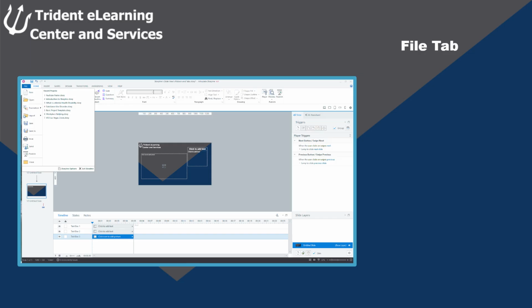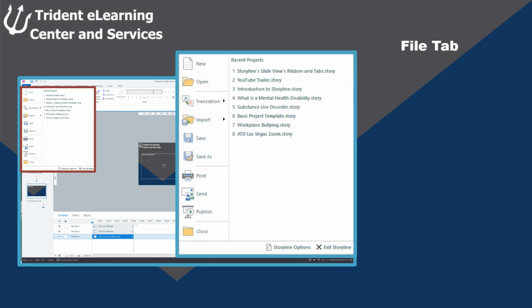Like in Story View, when you select the File tab, a pop-up window will appear, and you will have the ability to select various actions, including opening a new file, opening an existing file saved on your hard drive, translating the language in your lesson to a different language or dialect, importing either a portion of a lesson or an